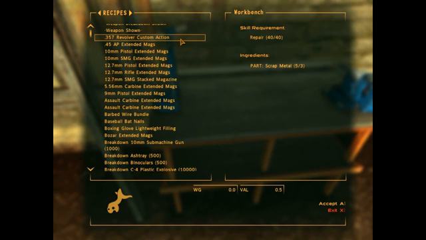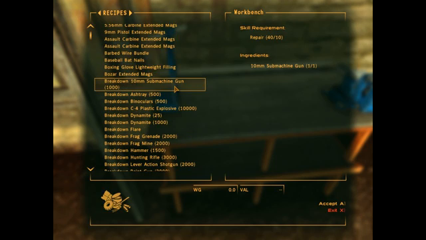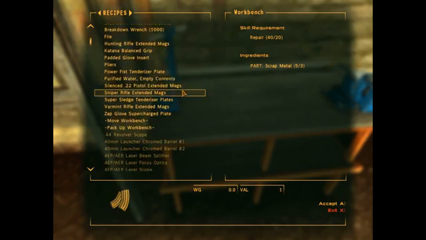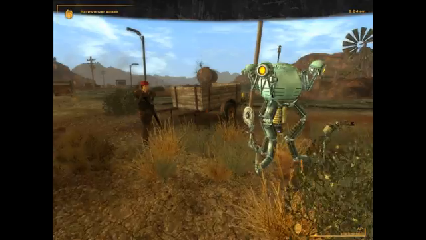The 357 revolver custom action is great, but again, the 357 looks terrible because of the texture glitch. And I've been told that it's not actually a texture. Scrap metal's cheap, barbed wire bundles are expensive. You could make good money just making a bunch of barbed wire bundles, if you could find the scrap metal to do it. But yeah, it's not a texture glitch, it's a...